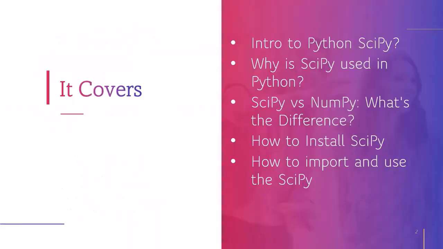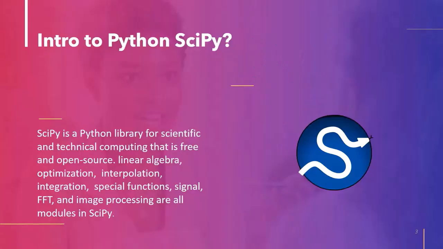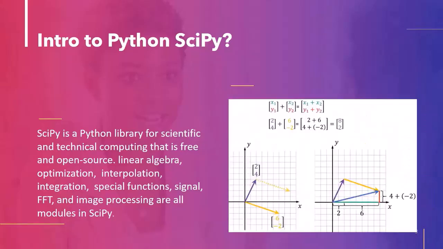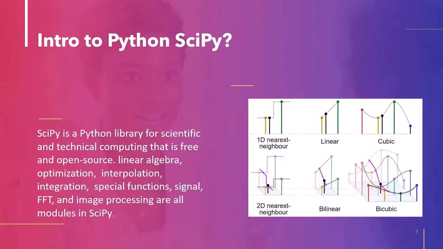Now move to the first topic, what is SciPy? SciPy stands for Scientific Python. Travis Oliphant, the developer of NumPy, created SciPy. SciPy, like the NumPy library, is open source and free to use. It includes several modules like optimization to find the optimal solution from all possible solutions, linear algebra to deal with vectors and matrices, as well as vector spaces and linear transformation, interpolation to calculate unknown values between known data points,